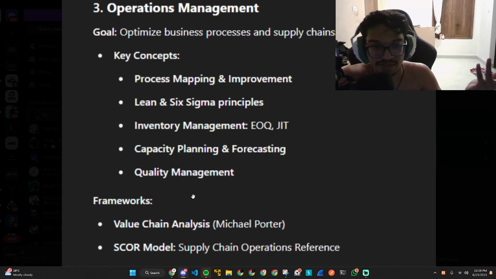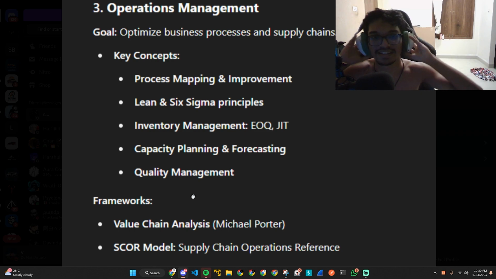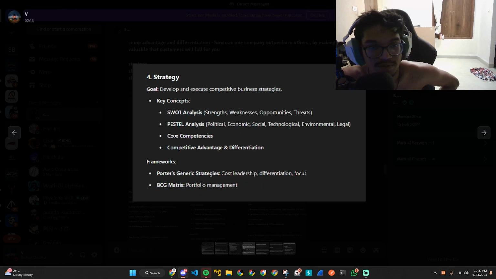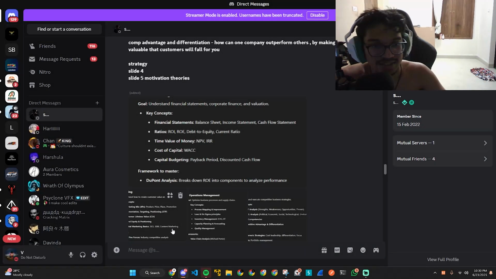Operations reference, I've explained this. Inbound logistics, then the whole idea of making it, then outbound logistics, then the whole idea of having returns back, and then repeating that cycle again. So yes, SWOT analysis, once again, PESTEL: political, economic, social, technological. We understand macro factors. Okay, core competencies, interesting.